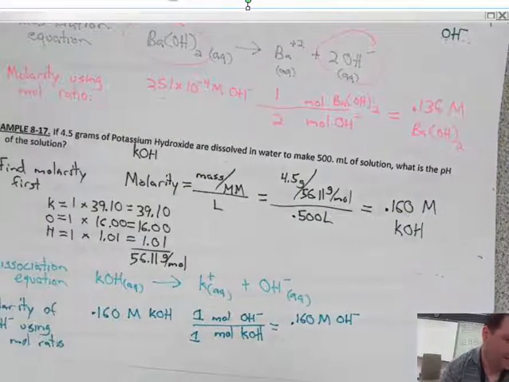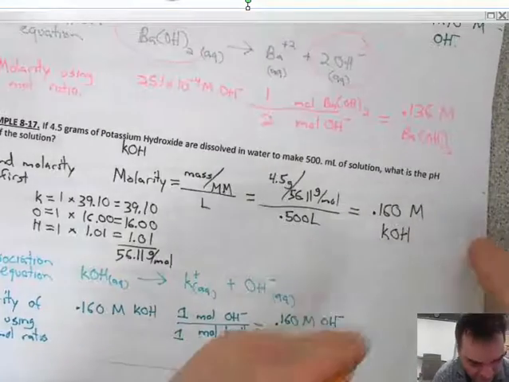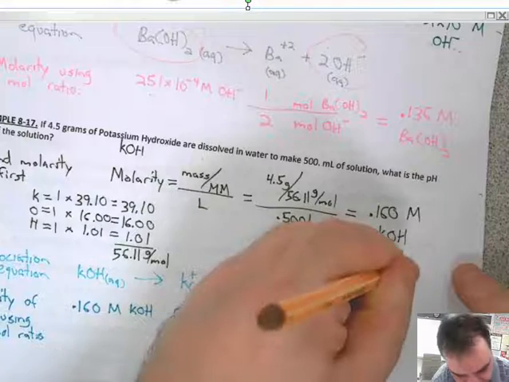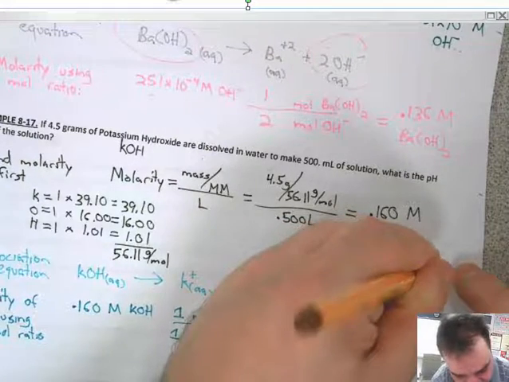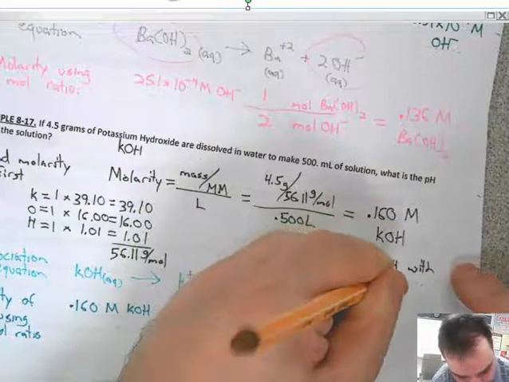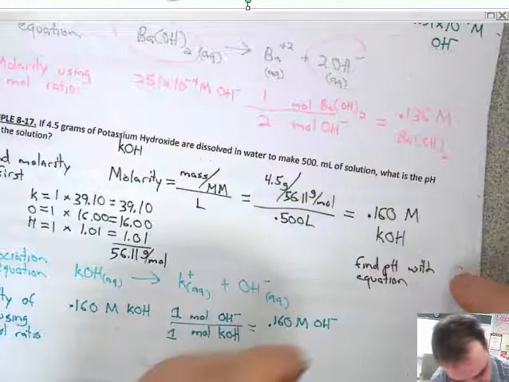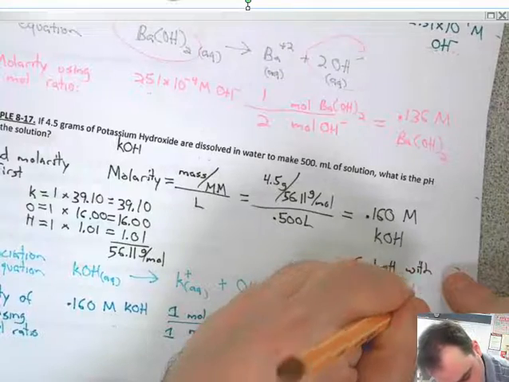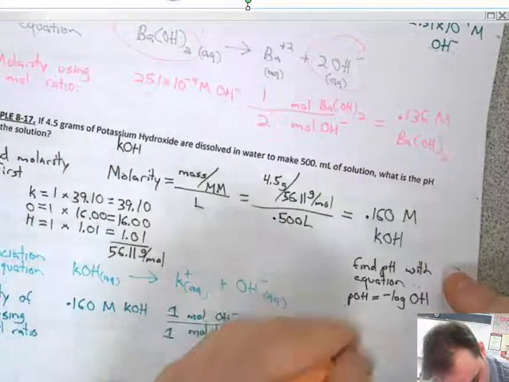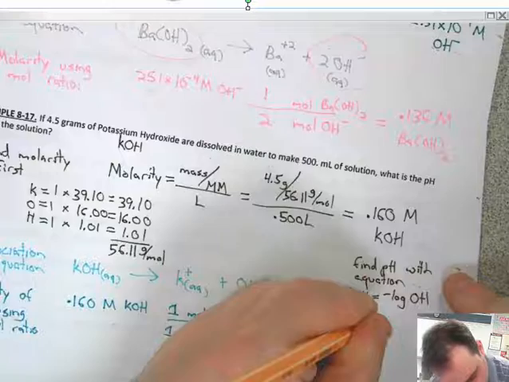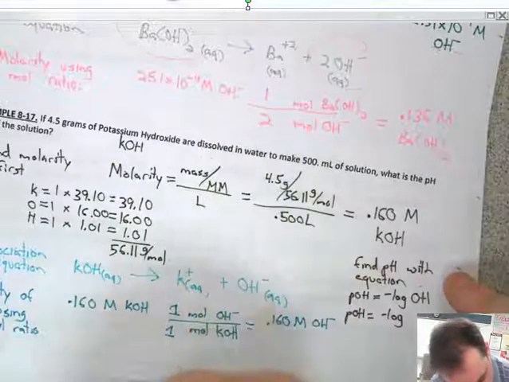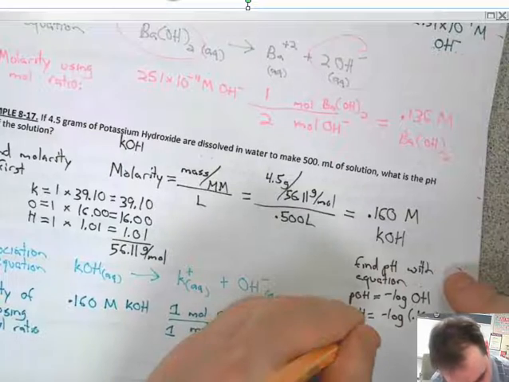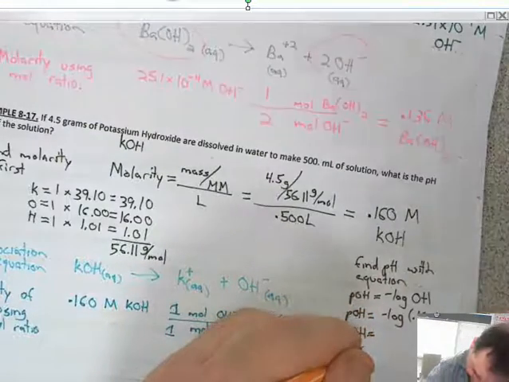Then finally here, we're going to do find pH with equations. So we're going to do POH equals the negative log of OH. POH equals the negative log of 0.160. POH equals